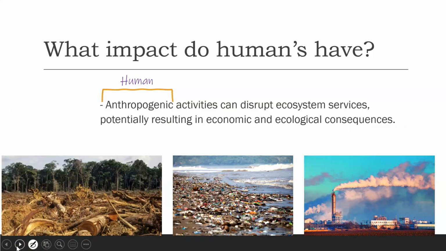So how do humans impact these services? So there's anthropogenic, that's another fancy word for humans. Human activity can disrupt these ecosystem services, which could potentially result in economic, so monetary, and ecological consequences. And the idea behind assigning ecosystem services to all of our ecosystems and products is to help people connect more with the products that they use. So maybe you'll think twice if you think about what service that forest provides to you rather than just seeing it as profit and products.